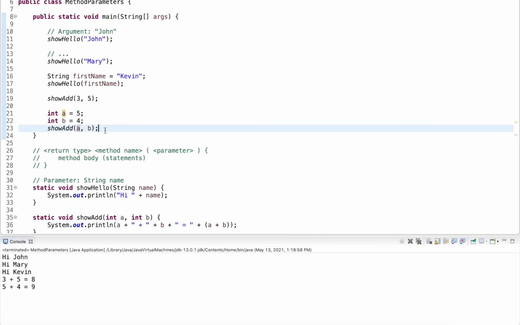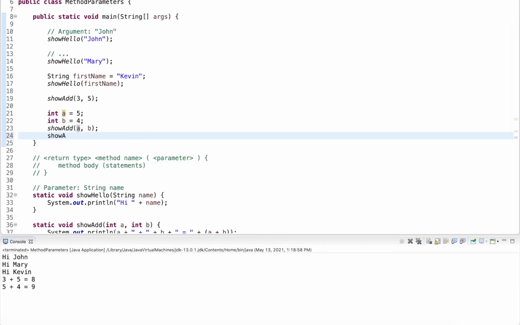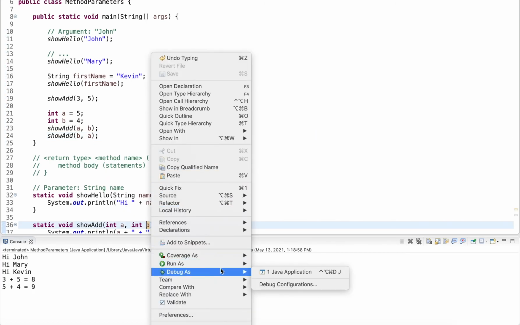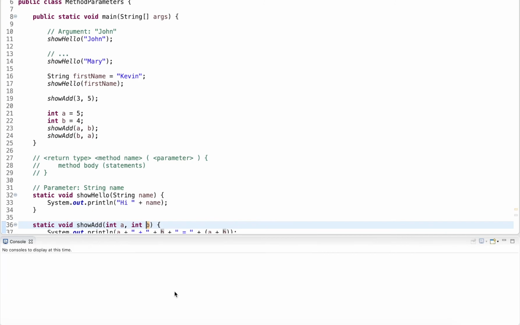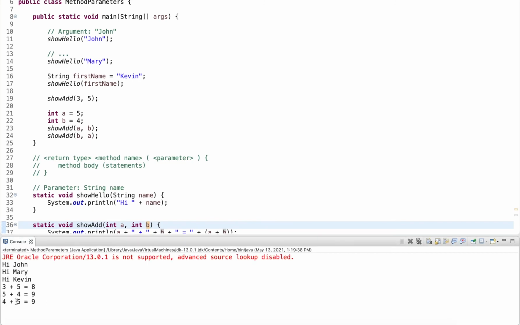B was 4. Now I mentioned earlier that they don't have to match, so I could also do it in another order. It really just takes the values, right? It looks up what is b, it's 4, what is a, it's 5. So I assign the first value here, which is 4, to a, and the second value, which is 5, to b. So when I run this, it would just be a different order. So here we'll get 4 plus 5 instead of 5 plus 4.